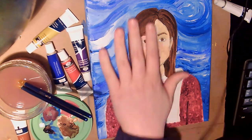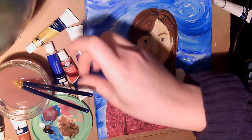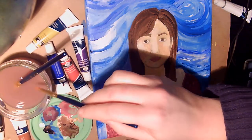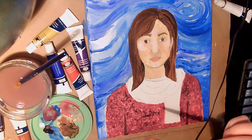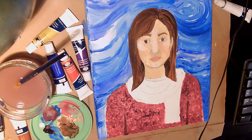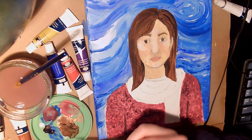I have let this dry completely. That's important. Before you go in to add your final details, make sure everything is dry, because you don't want to smear any of the hard work you did with your highlights and shadows. So I am using the thinnest brush I have, and I'm just going to take a little bit of black paint on the very tip of the brush, and